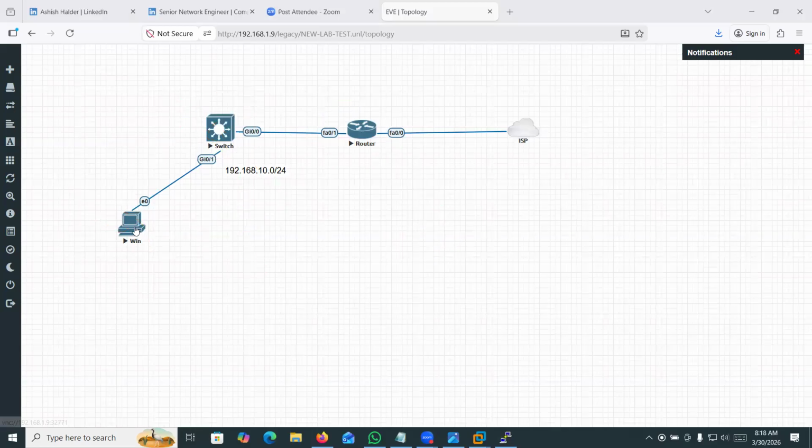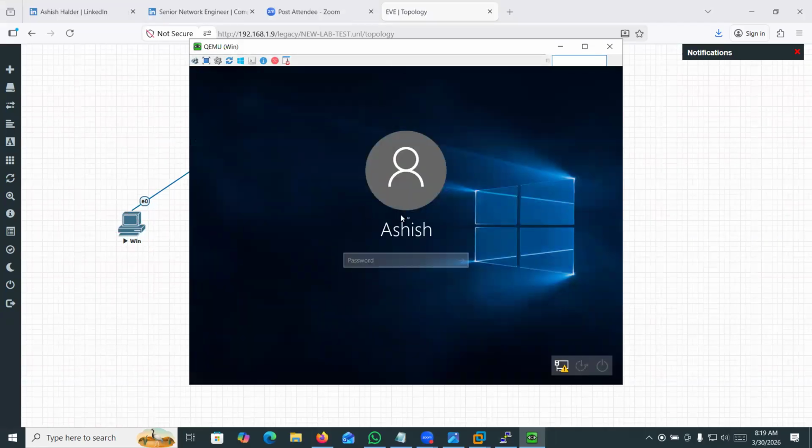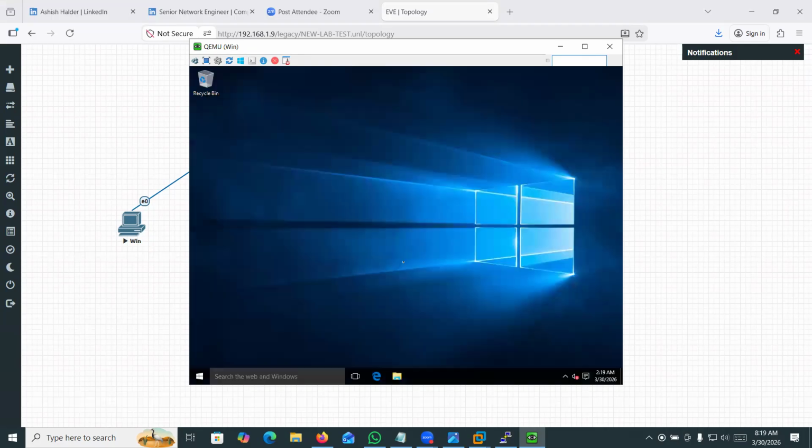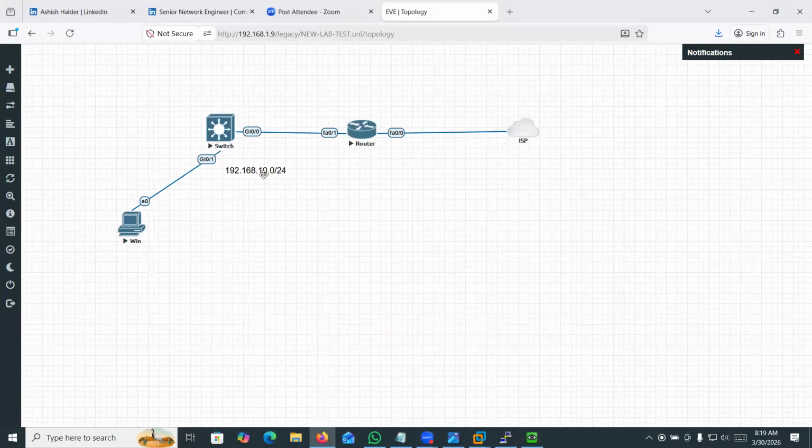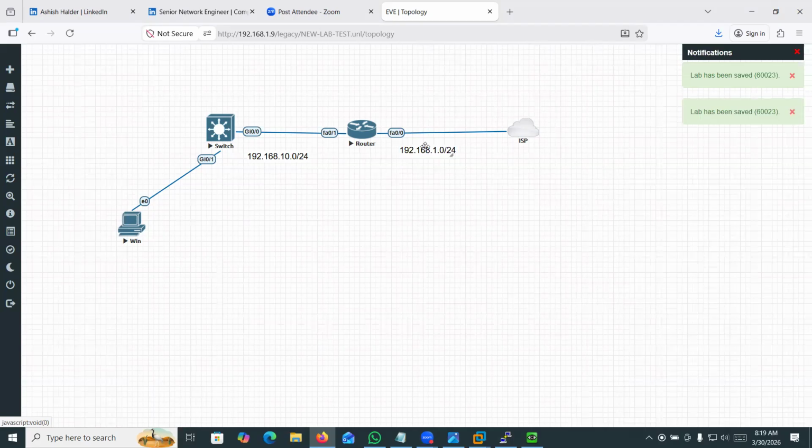Okay. Here is my PC. This is a real Windows machine I can add in my virtual simulator. This is a Windows 10 machine, you can see. Okay. Now, my first task is to configure the IP address on the router, using the CLI mode or command line. On the right side, my network is 1.0/24. Okay, this is my WAN side. This is my LAN side. WAN side means the router which is connected to the ISP, right?